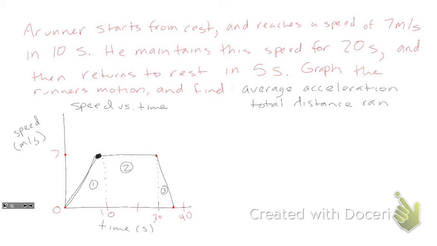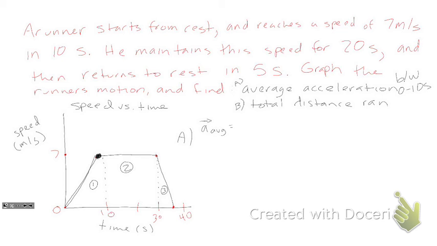And instead of average acceleration for the whole thing, let's just do average acceleration between 0 and 10 seconds. So part A and part B. So A, to find the average acceleration between 0 and 10 seconds, we would just be calculating the slope between there, right? So slope, or average acceleration